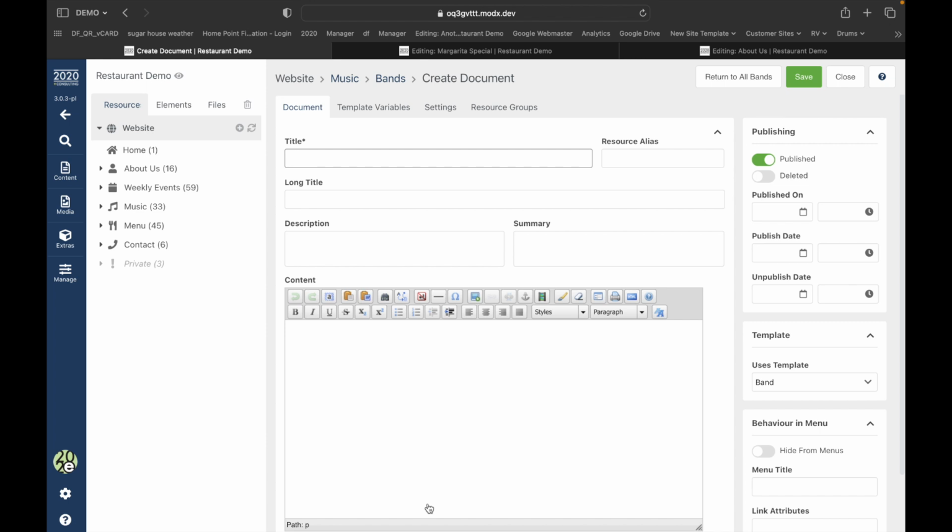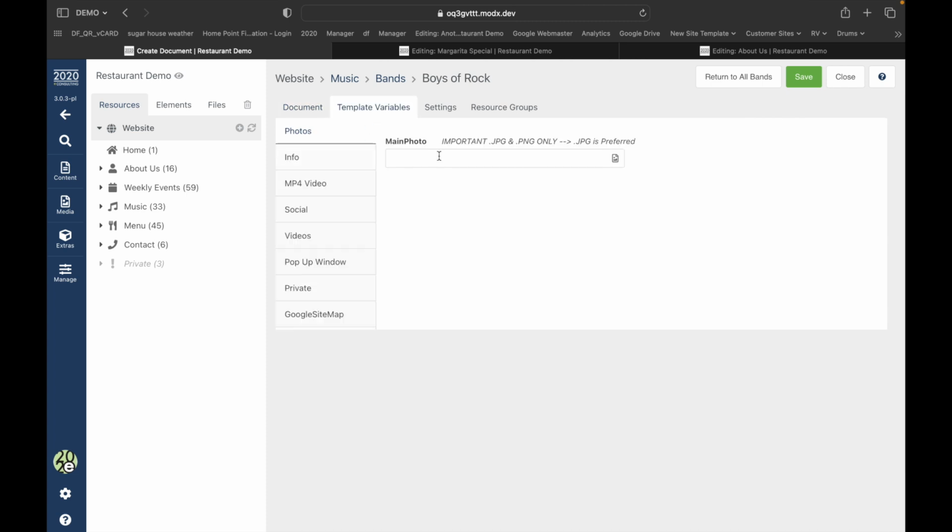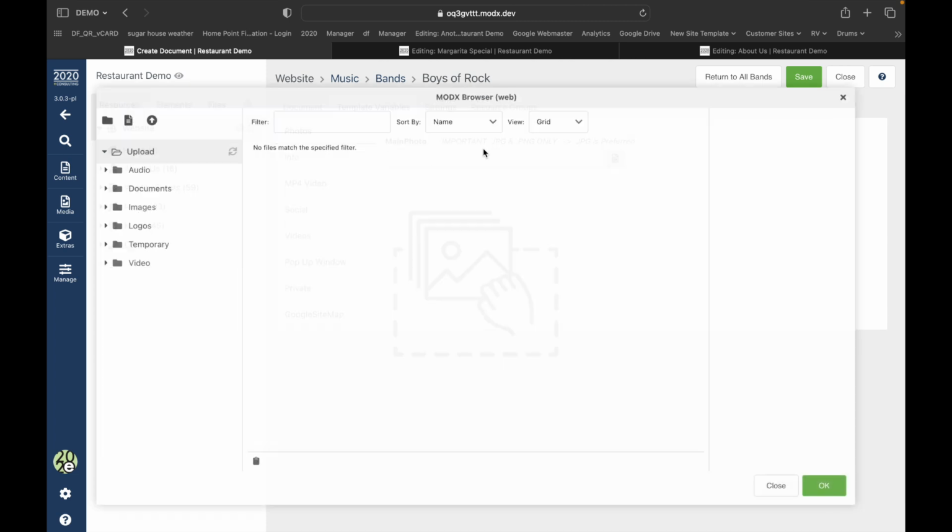And as far as getting your information for bands, we can help you build a form where bands can apply, and you can have all the questions and answers on that form. So when you're actually loading in a band, you don't have to try to find this stuff on your own. But let's just assume someone applied and they're going to be playing at your venue. I'm just going to make up a name here, Boys of Rock. Sorry for not having anything cooler to come to mind, but let's choose our photo.